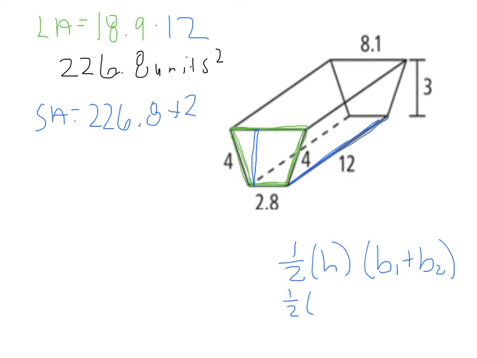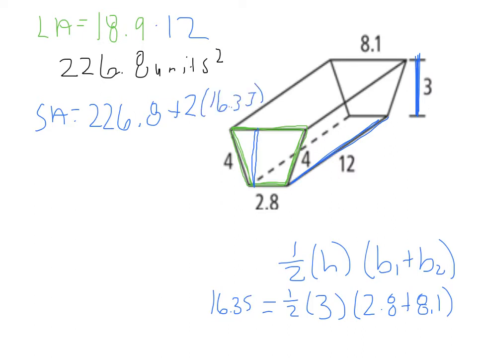My height is always going to be straight up and down, so this would be my height, the 3. 3 times my bases would be 2.8 plus 8.1. So this would be equal to 16.35. So I'm going to fill that in right here because that would be the area of my two bases. And then my final answer would be surface area is going to be equal to 259.5